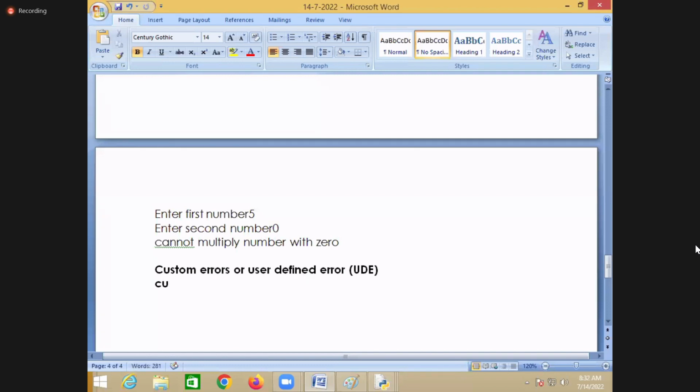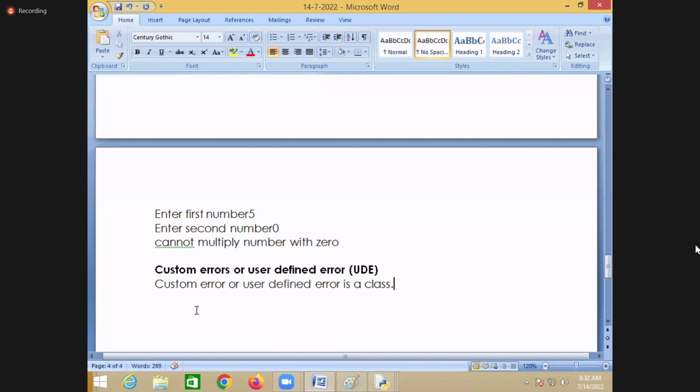So a custom error or user defined error is a class. What you have to do is build your own class. All these are predefined classes. Every class is a data type.